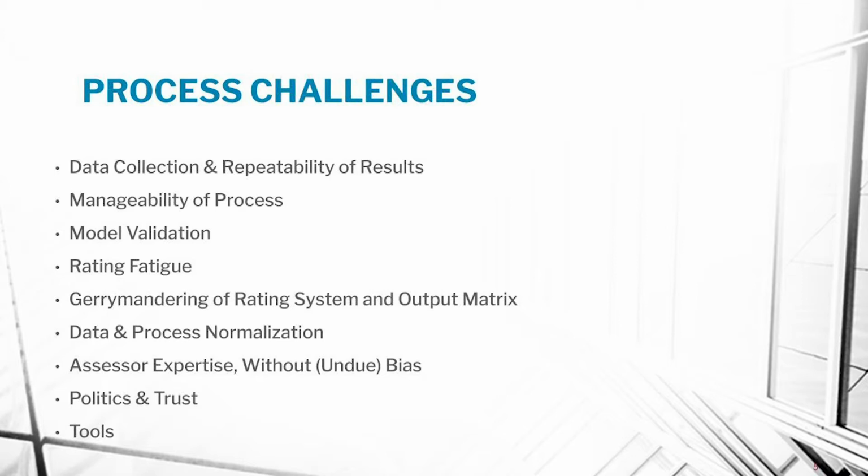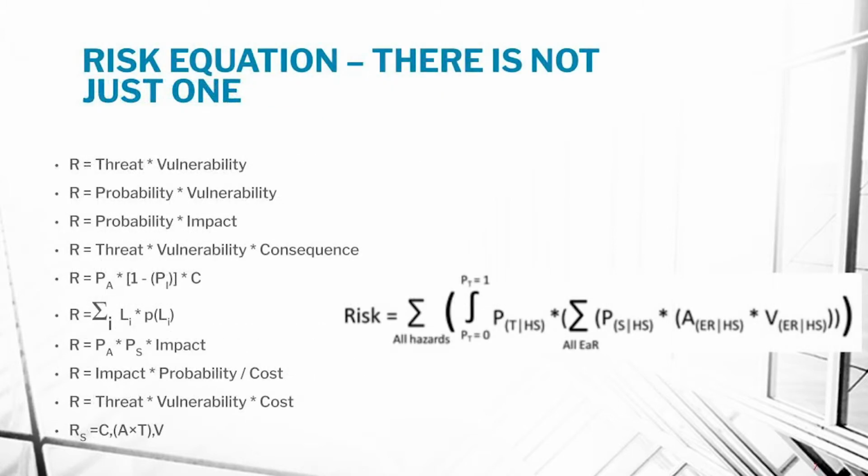Some other pieces that we run into when I'm looking at my model. How am I going to make my calculations? I want to jump over, and then we'll come back to a couple things. When I start looking at a risk process, this was just a short survey that I did. Some things that I know and that I use, some things that I picked up from others, but when I ask for a risk equation, and folks talk about their risk and their risk equation, it's all over the map.